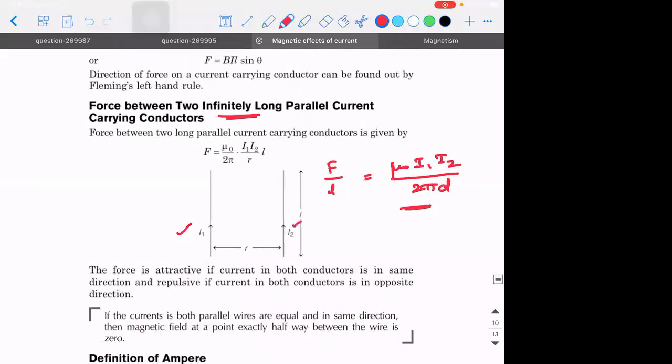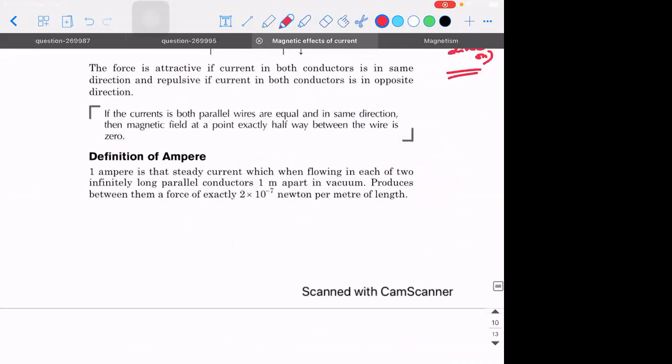This is another important question that is always asked. If I1 and I2 are parallel to each other, I mean, if they are in the same direction, will they get attracted or repelled? Attracted. They get attracted if in the same direction. So obviously, if they are in the opposite direction, they get repelled. It is unlike the principle of charges. Okay, remember it like that.